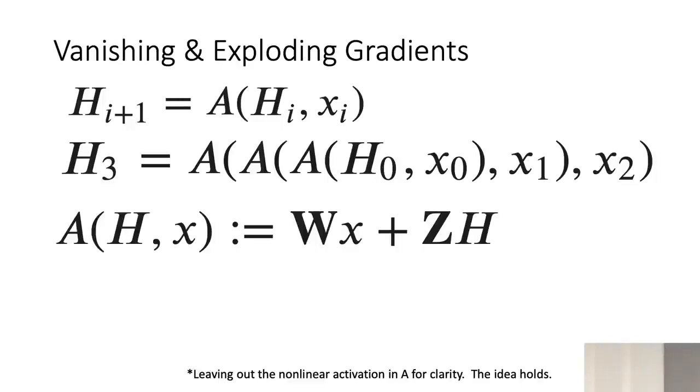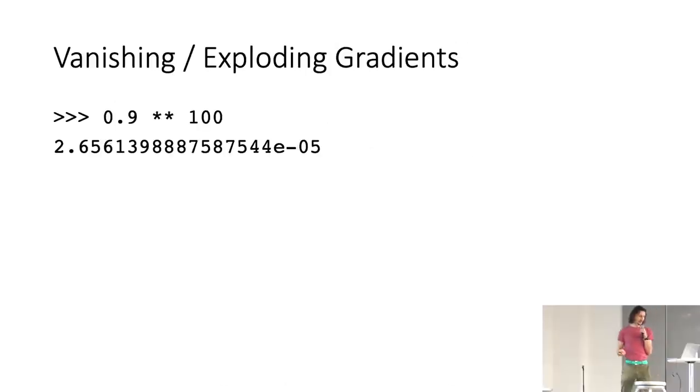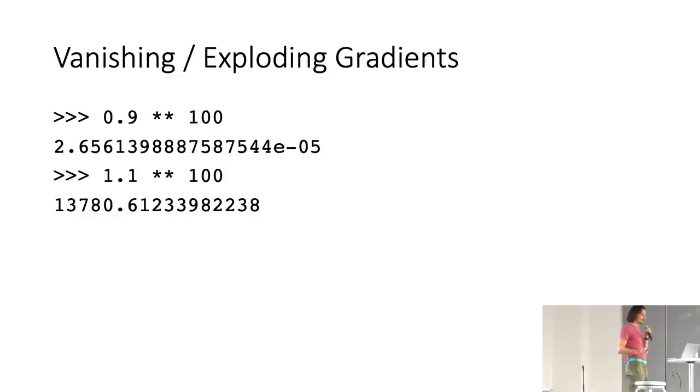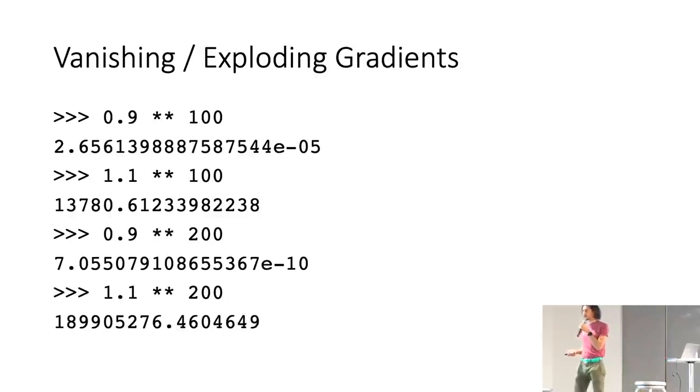Classically, in the vanilla case, this is just some matrix multiplication, some learned matrix W times your input X. And so when you go out 100 words in, you're taking that W matrix and multiplying it 100 times. In simple real-number math, we know that if you take any number less than 1 and raise it to a very high exponent, you get an incredibly small number. If your number is slightly larger than 1, it blows up to something big. And if your exponent is even higher, with longer documents, this gets even worse.